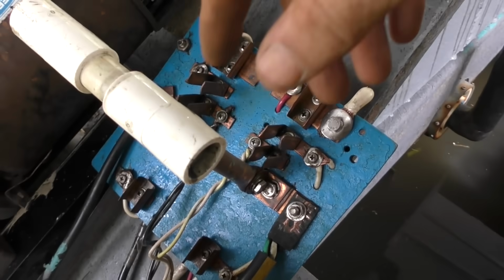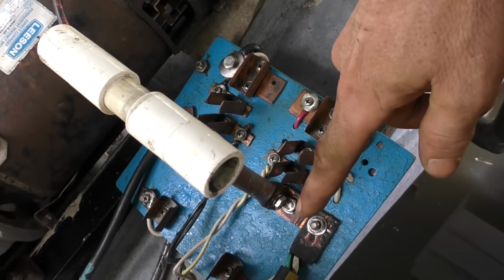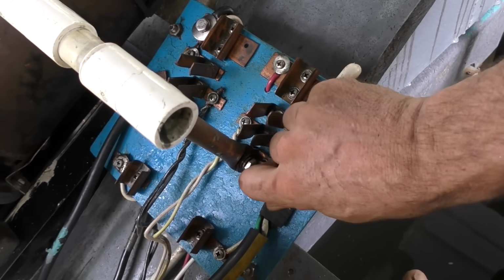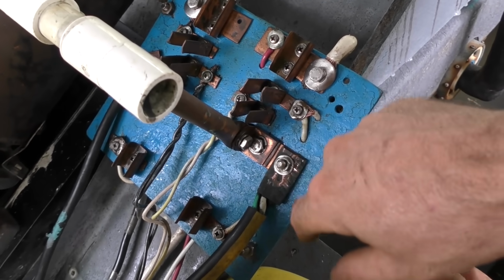Alright, well that guy works. I need one more wire to connect here. But I want to be able to connect one motor or the other. Maybe I'll sometimes want both. I don't know, maybe for the moment I'll just screw whichever motor I want on here. Alright, now I got this motor connected, and that should...